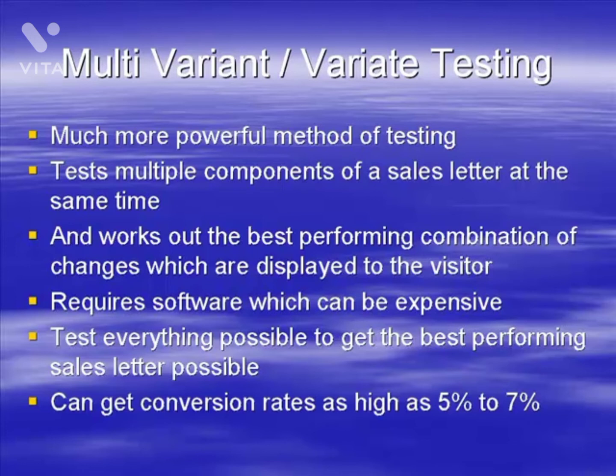Now, with sales letters in some niches, you can get conversion rates as high as 5 to 7 or sometimes even higher percent. You can get really good conversion rates. Now, this is a combination of very good copy and a lot of testing. And if you install this testing software and use it, then you will find that you get better conversion rates. You may start off with your first sales letter at 0.5 to 1%, maybe slightly higher. But what you'll find is as you do the multivariate testing, your conversion rate is going to get higher and higher. And as I said, you can realistically expect sort of 3 to 5%, possibly even higher, with some persistence and some good tests.